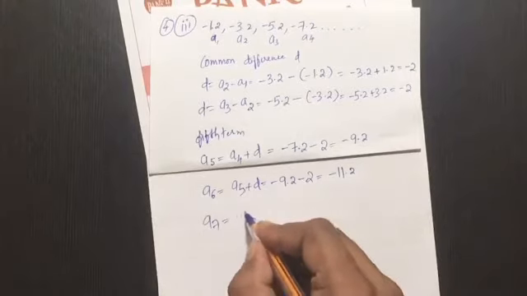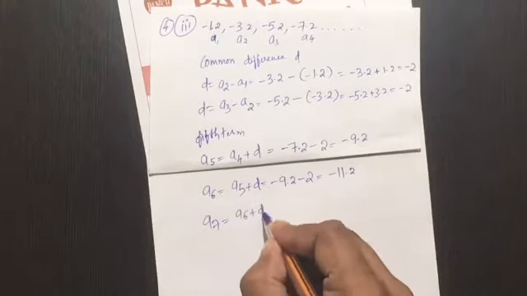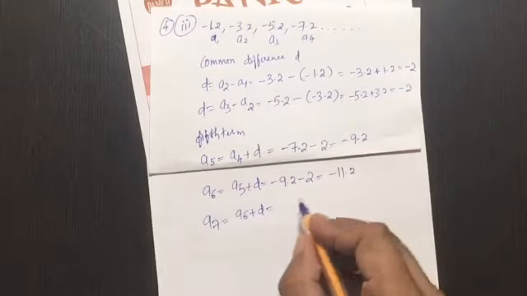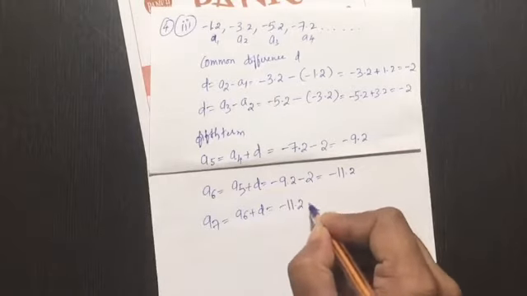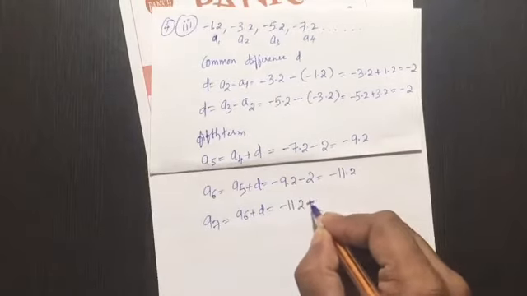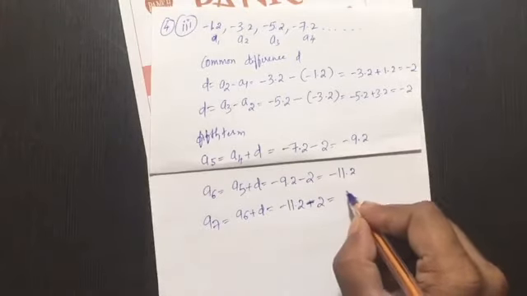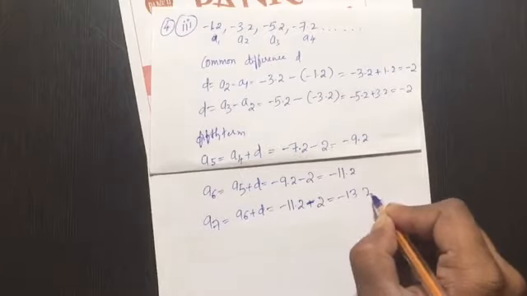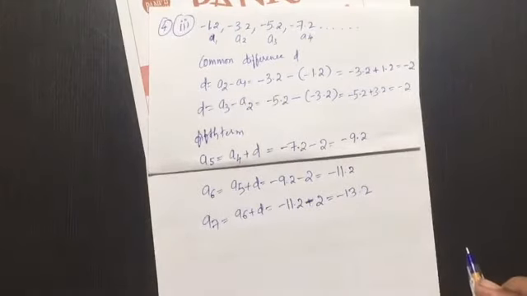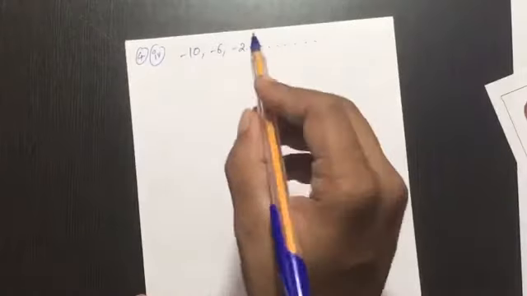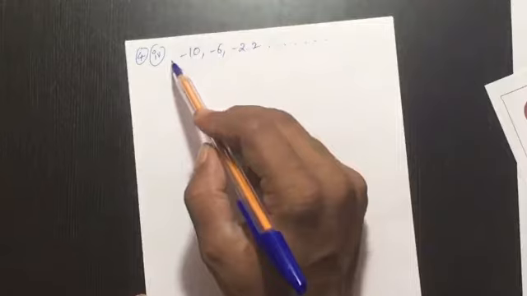A7 is equal to A6 plus d. What is A6? A6 is minus 11.2 plus minus 2, which is equal to minus 13.2. Okay, so this is the third problem. The sequence is given. Fourth problem,